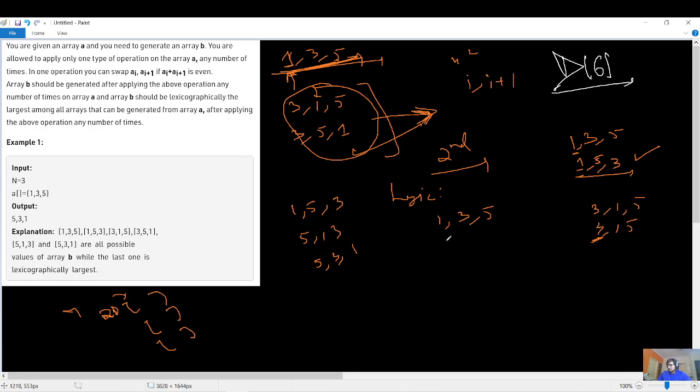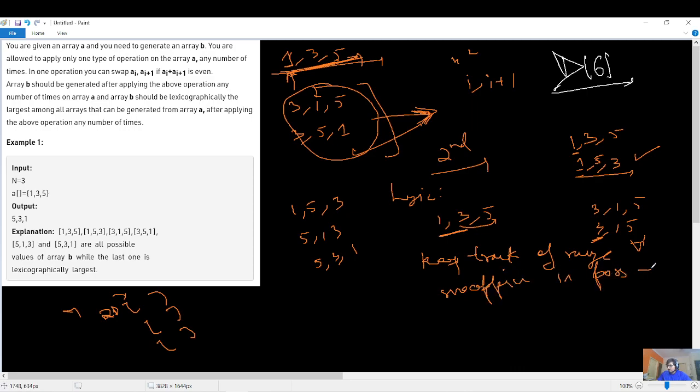right? So you can clearly see that this can be swapped, right? And then you can clearly see that this can also be swapped, है ना? So why not keep track of the range where the swapping is possible? So let me write it for you. Keep track of range where swapping is possible,